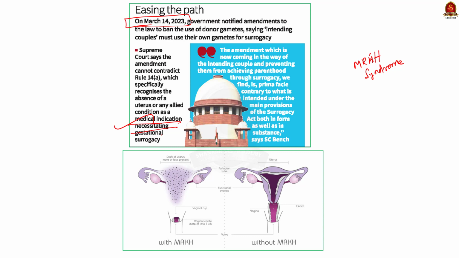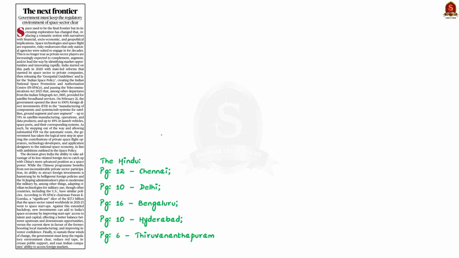With this, let us move on to the next news article. Take a look at this column page editorial article from The Hindu. This article talks about the evolving landscape of the space sector and the importance of clear regulatory environments to support the growth of private sector involvement. So in this news article discussion, let us understand some of the important points given in the article using our mains answer rating discussion.